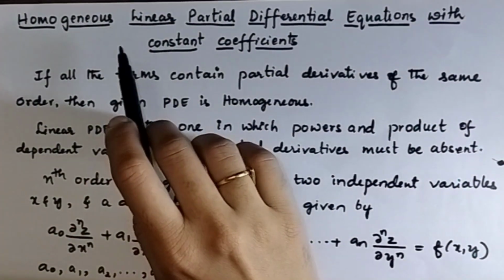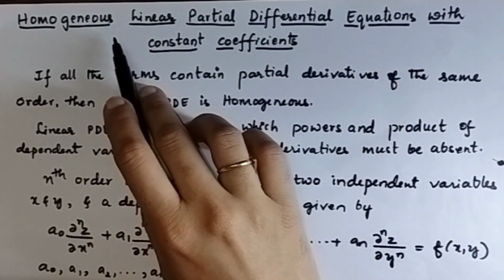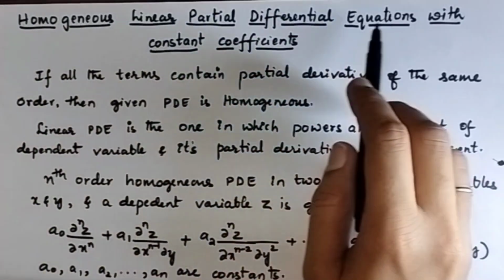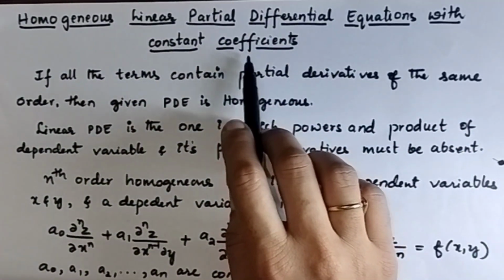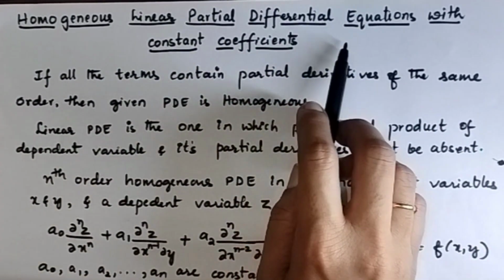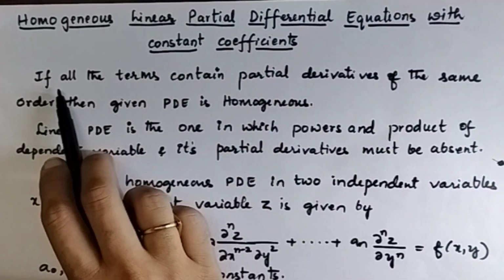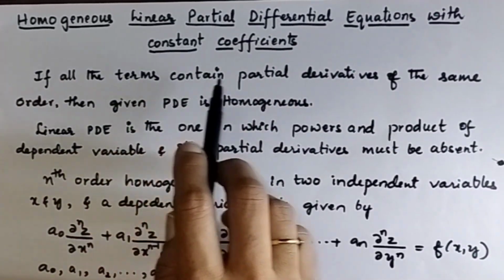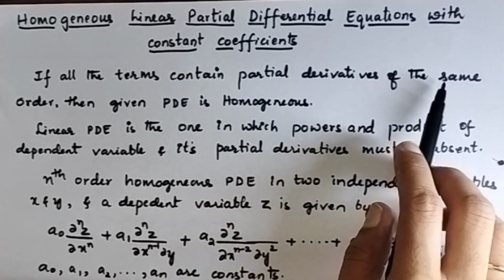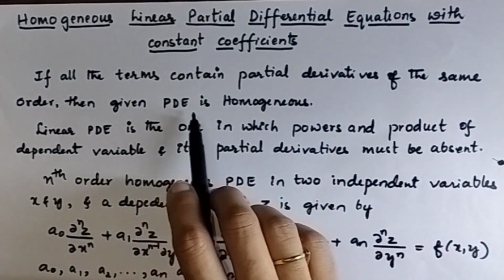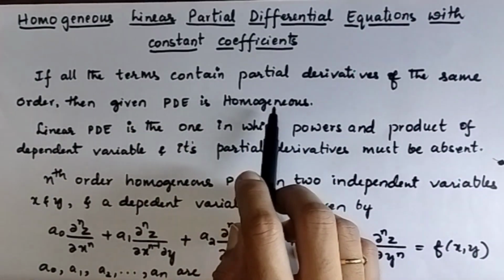In this video, I'll explain what are homogeneous linear partial differential equations with constant coefficients and how to solve them. See the definition. If all the terms contain partial derivatives of the same order, then the given partial differential equation is